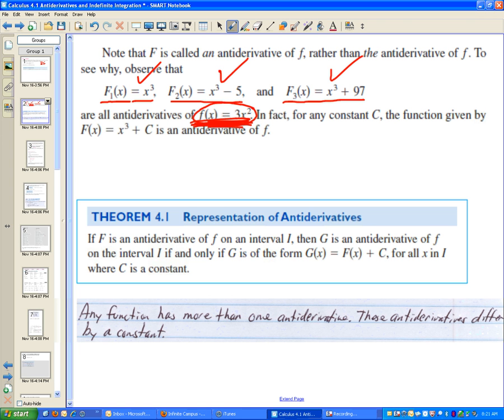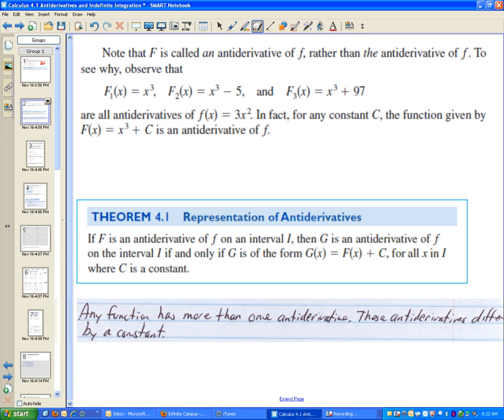In fact, for any constant c, the function given by capital F of x equals x cubed plus c. Now, c can be negative, even though it says plus c. It could be like plus negative 5, all right? So any of these, capital F of x equals x cubed plus c, is an antiderivative of f. All right, so